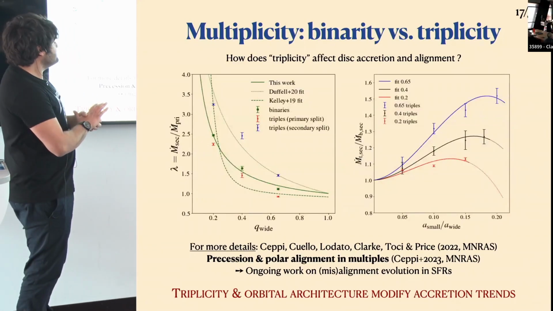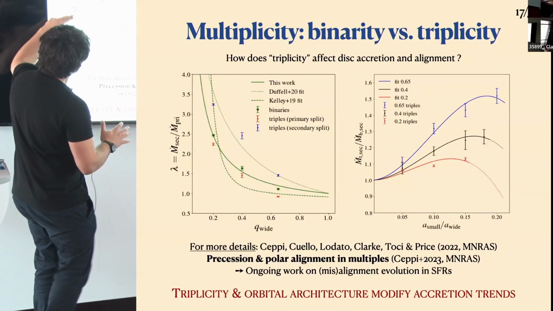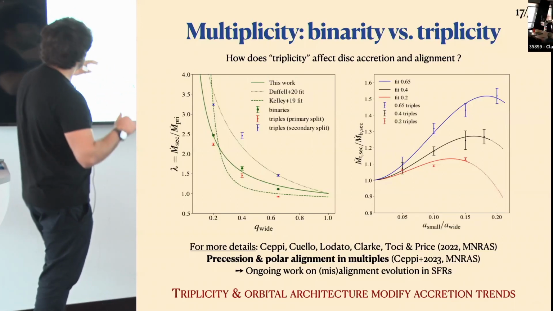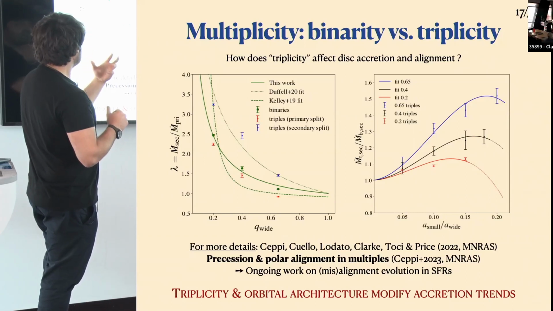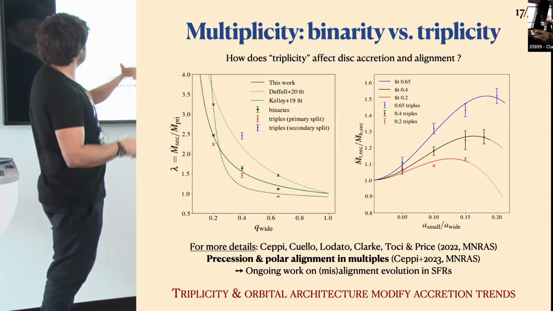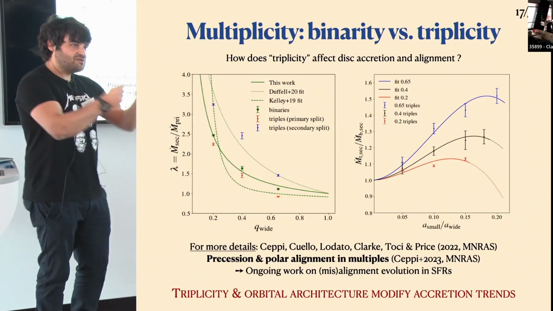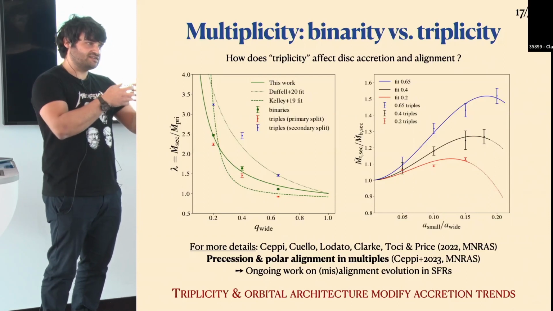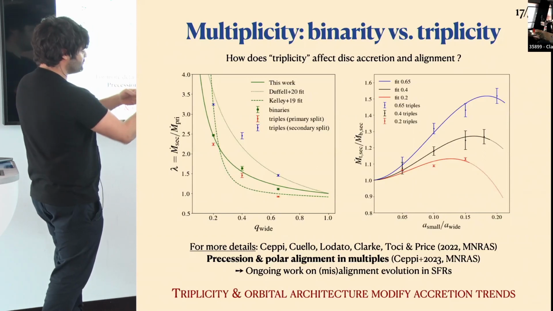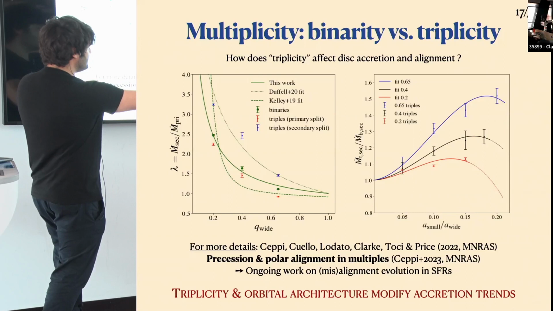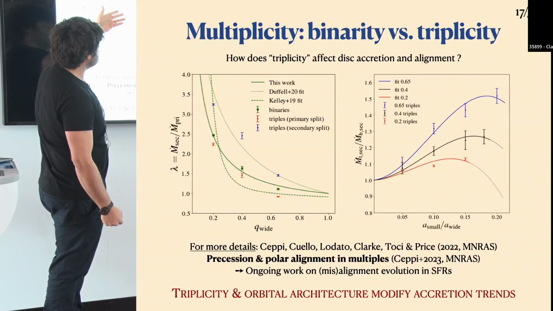here. It's a bit tricky to explain, but I will try to be clear. Correct me, Simone, if I say something wrong, but basically you have this parameter lambda here, which is the ratio between the accretion rates onto the secondary and onto the primary. And here you have the semi-major axis, the Q-wide, it's basically how wide your inner companion is relative to the outer companion, how wide this separation is. And you see that in green is our fitting for what we did in this work.